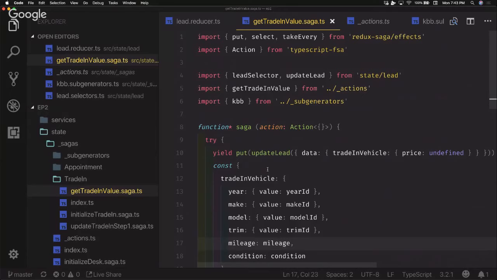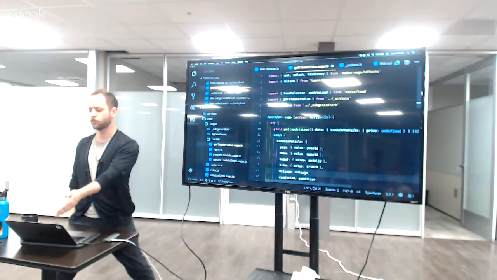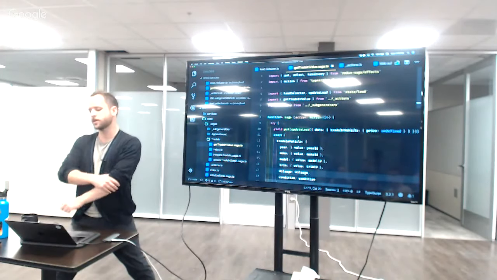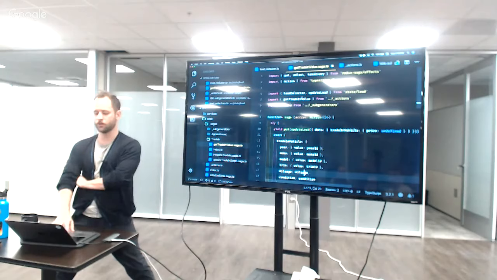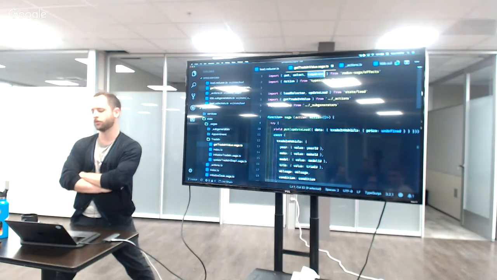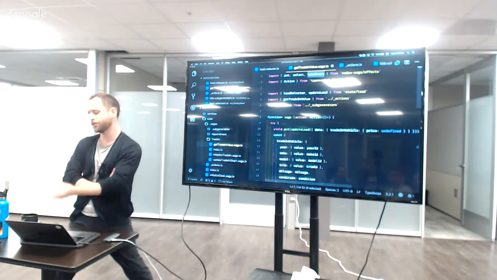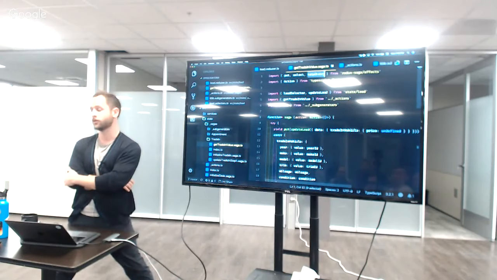It also has a ton of pretty powerful utilities. Something that I'm not showing here, but it's very cool, is it handles WebSockets really elegantly. So it has this concept of channels, which let you effectively translate socket events directly to actions. So it makes it pretty easy to wire up your Redux store to WebSockets. And then it's also got other utilities. So there's take every, but you can also create channels to kind of buffer the different actions that come into your sagas. There's really a lot of power user features, but for most scenarios, these 3 effects are going to get most of what you need.